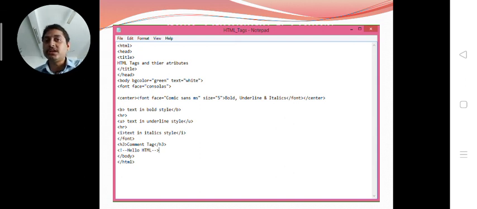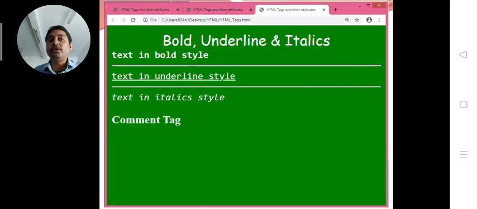See, note clearly the comment tag, and after the comment tag, whatever we have written will not appear on the website. Just see. Bold, italics, underline is in the Comic Sans font as written. Then text in bold style is in the Consolas font. Text in underline style is also in Consolas font. Text in italics style is also in Consolas font.